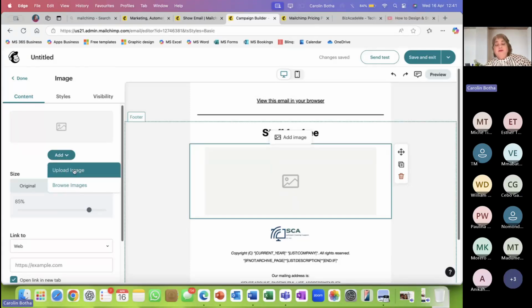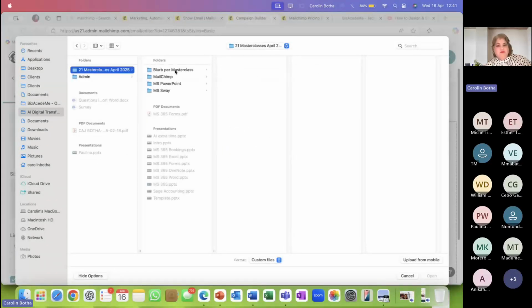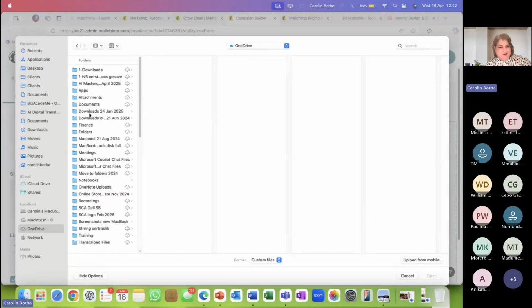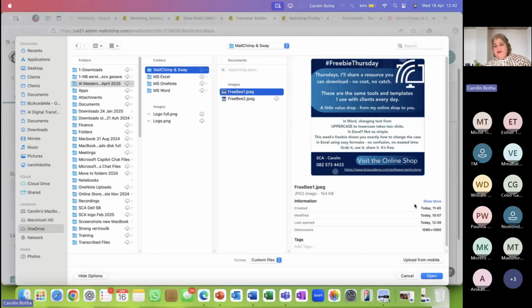So I'm going to upload an image, and that image I will find. Just bear with me. I just have to find it here. Oh no, it's over here. I couldn't do that beforehand because it loses the spot. There's one of my freebies that I've downloaded from Canva.